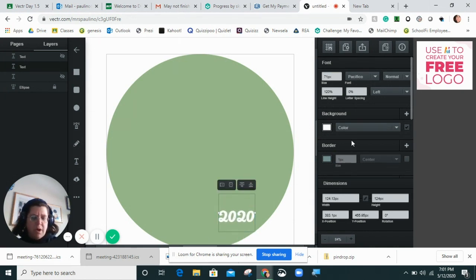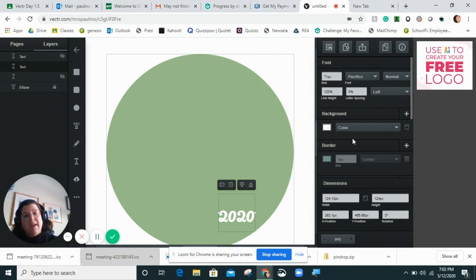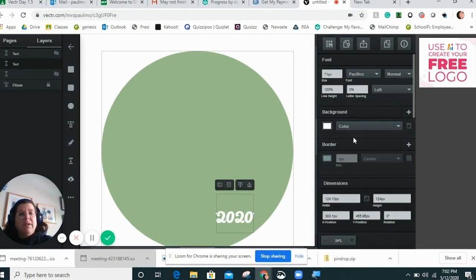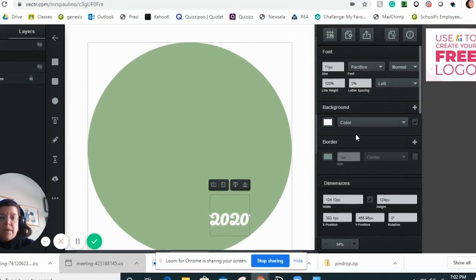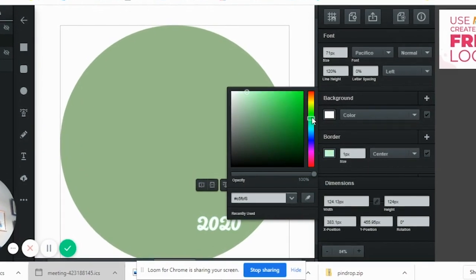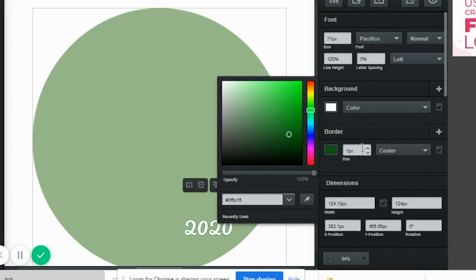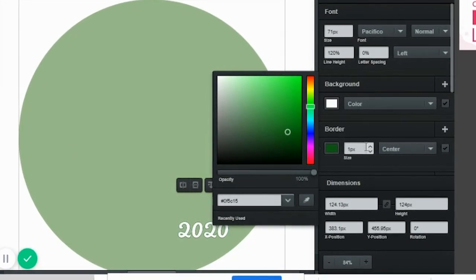Here's the new part. All right, so I've got my type in there and I want to have some outlines around it. And when Vectr puts the outline, the border around there, you can choose where that border should fall within the space of those letters. So let me pick my green that I want for that. And you can already see the letters starting to get that